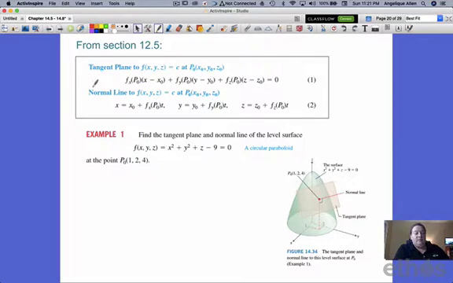Okay, so the equation of the tangent plane, notice we've got f sub x evaluated at P naught, f sub y rather, evaluated at P naught, and f sub z evaluated at P naught. That would be the orthogonal gradient vector. Remember, the gradient of f is the partial of f with respect to x times i, and the partial of f with respect to y, j, and the partial of f with respect to z,